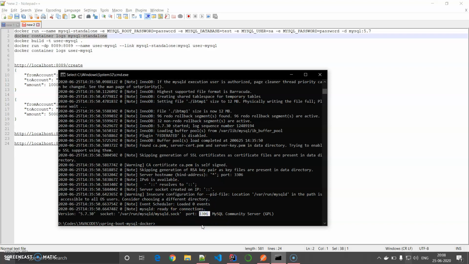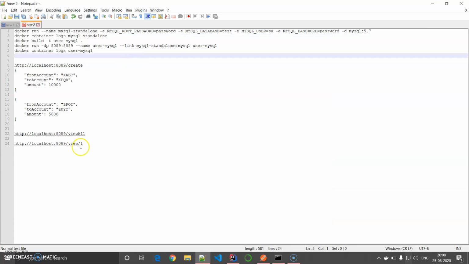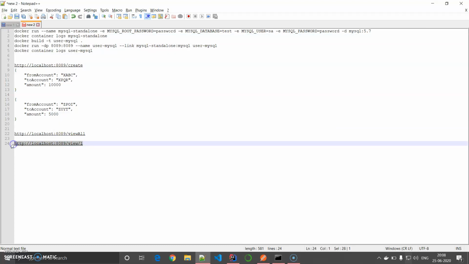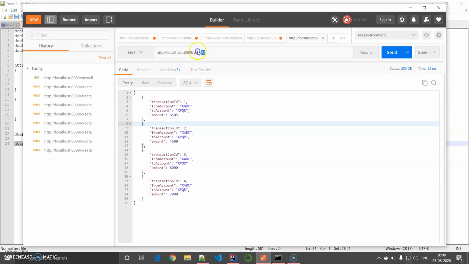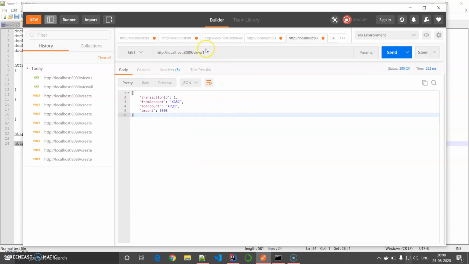It is exposing port 3306, the MySQL one. Let us view it for one of the data, 1, and 2, 3. We are getting whatever we want in the form of the transaction object, as you can see.